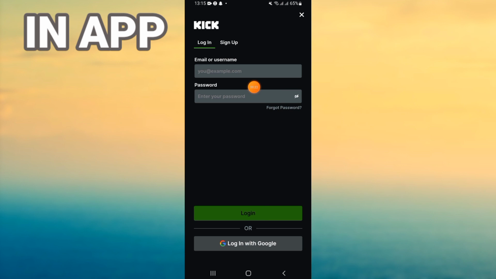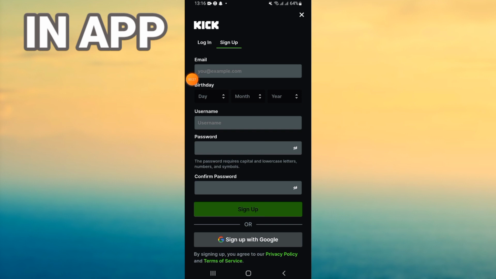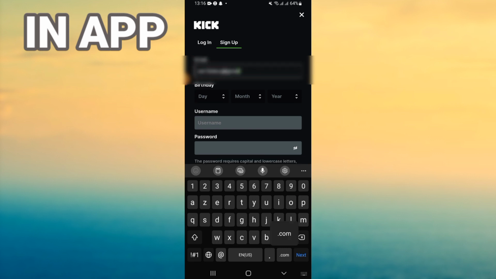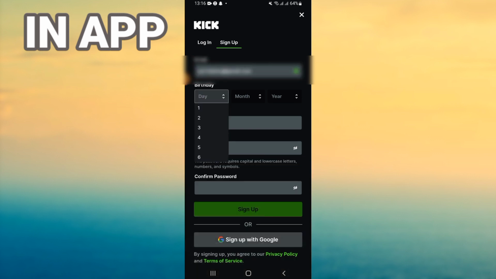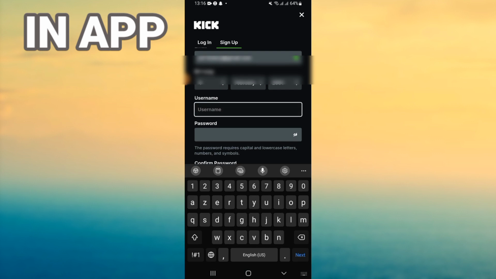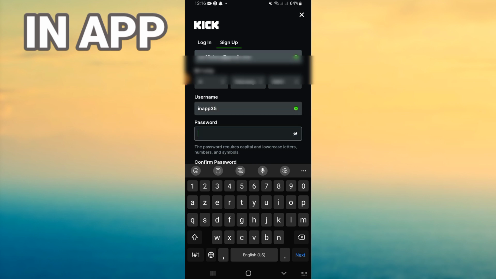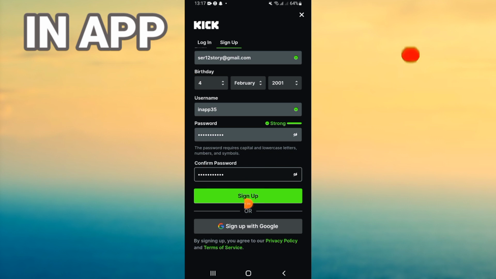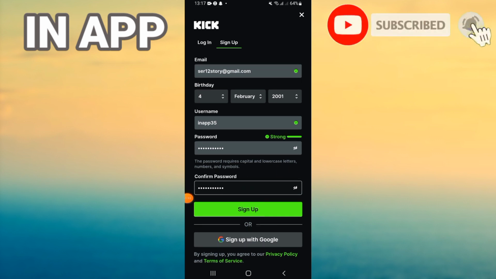and if you already have an account, I will just log in, and if I don't, I will click sign up. I will write my email here, my birth date, for example, username like this, and the password. And right now what I have to do, I will just click sign up when I write all of this